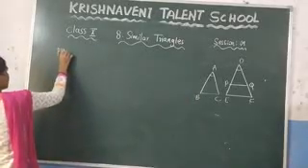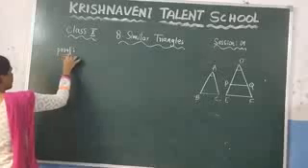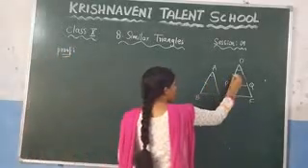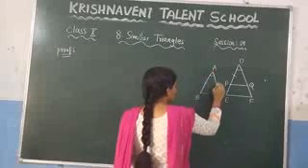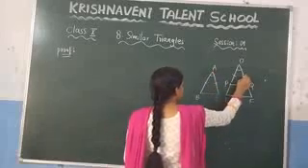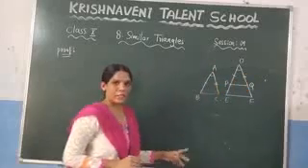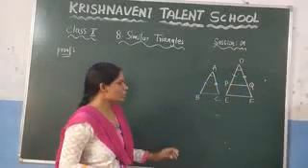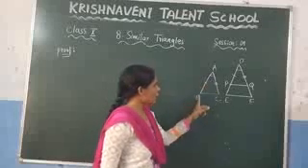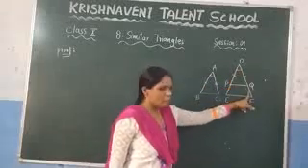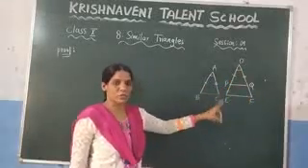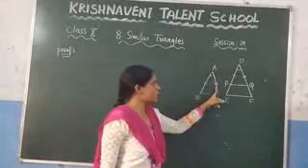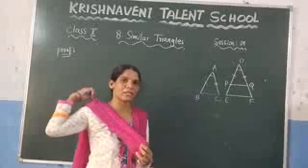Writing here, proof. Clearly you can observe that by our construction AB is equal to DP, right? And similarly the length of AC is equal to the length of DQ. This is by our construction, and it is given that angle A is equal to angle D. So if you choose triangle ABC and triangle DPQ, clearly you can observe that by the SAS criterion we can say that these two triangles are congruent.